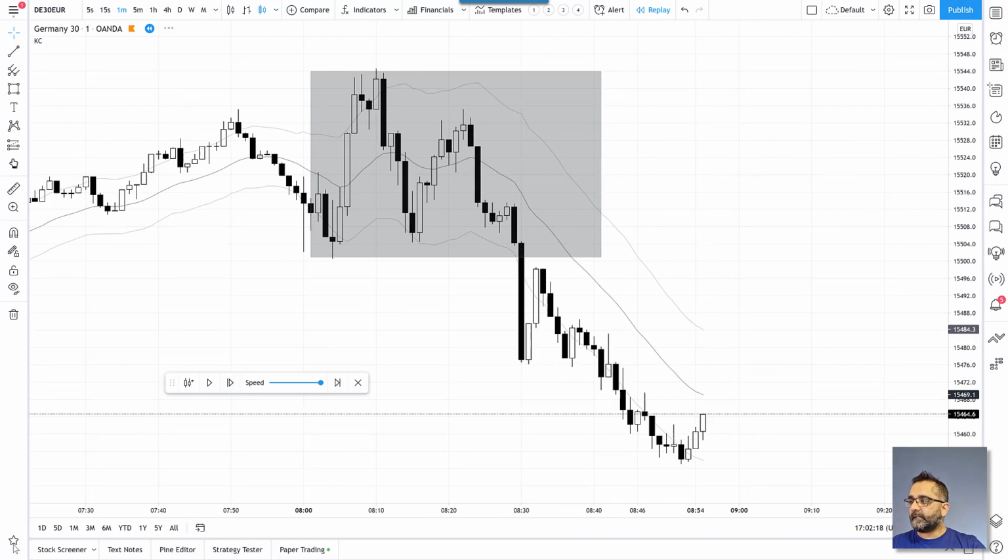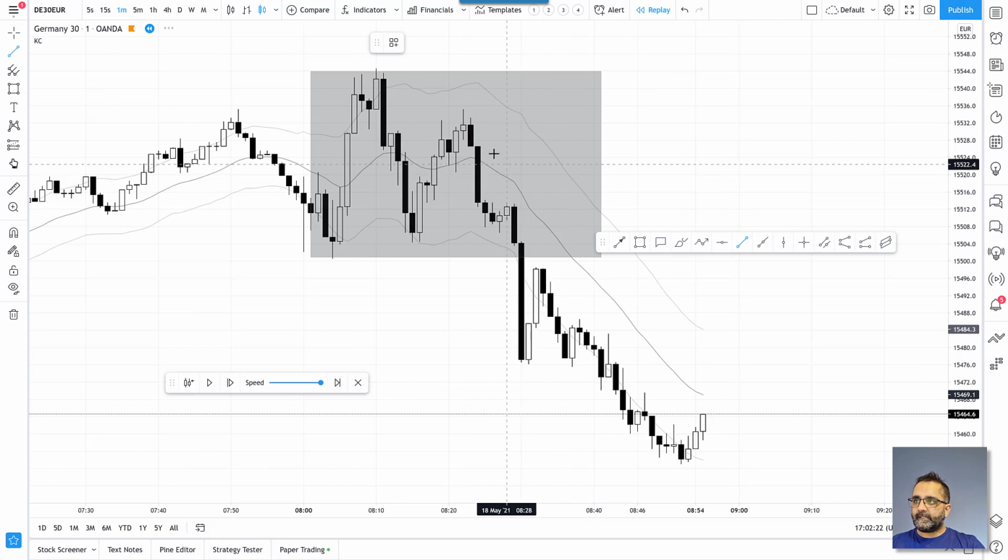And I think we talked about this a little bit. Let me actually talk about this. This is the main thing that I've been doing on M1. On M5 I want to do it as well. You want to find a range, point number 1. Then you want to see if it breaks out. If it breaks out of it and then it pulls back, you want to take that trade. The market will always have,